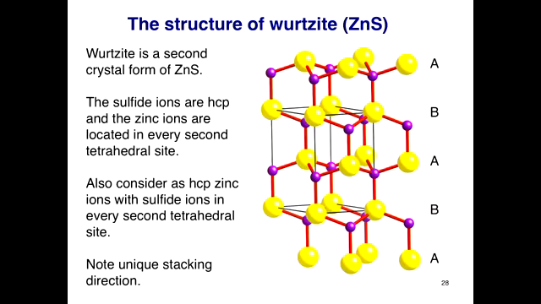Now, this is the wurtzite structure, hexagonally close packed, and we've got the A, B layers there. The unit cell is more complicated, and I don't expect you to know the unit cell for wurtzite. Actually, the axes are not orthogonal as they are for zinc blende. But what I do want you to be aware of is that we have A, B